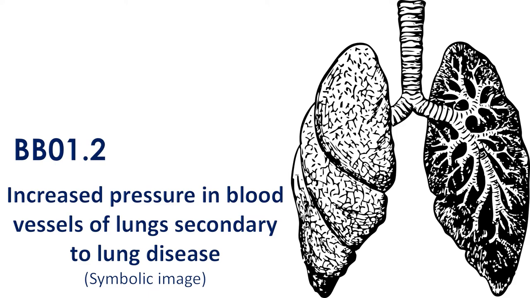Codes for diseases of blood vessels of lungs called pulmonary heart disease starts with BB00 for pulmonary thromboembolism. Pulmonary thromboembolism is the lodging of blood clots formed elsewhere carried by the blood circulation into the blood vessels of the lungs. BB01 codes for pulmonary hypertension or increased pressure in blood vessels of the lungs. There are several subcategories based on the reason for the increase. Those secondary to lung disease will be coded as